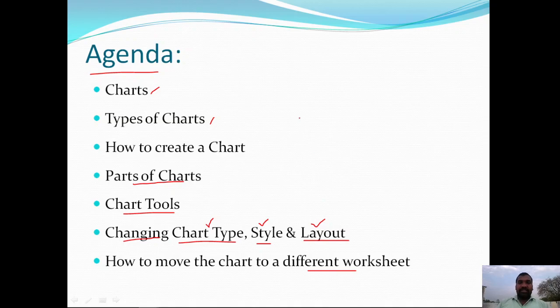Okay, so this is the agenda of today's session. After completion of this session, a student will have thorough knowledge of various charts and creation of charts in the MS Excel application.